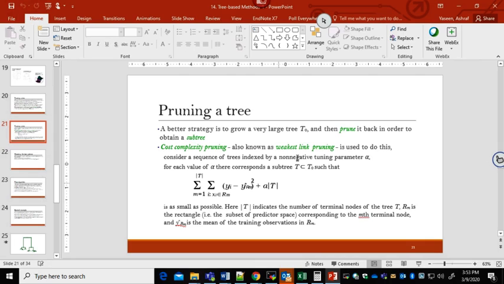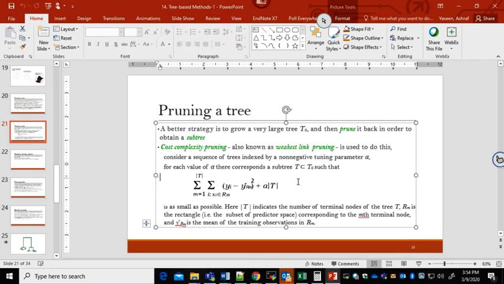When we change the equation here to penalize the tree size, we need to determine how much we want to penalize, since this is going to affect the tree size. Now, what is the best value for alpha? We don't know, so we need to try different values.